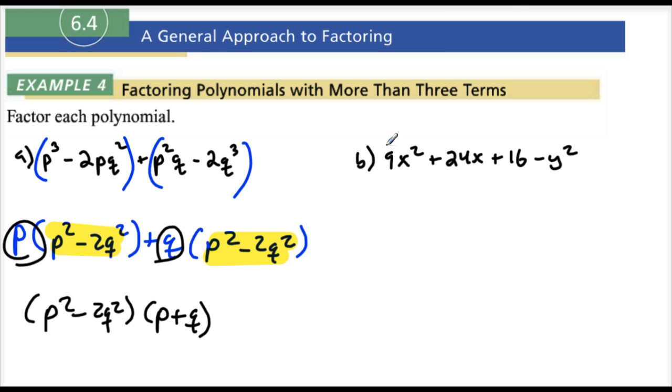Checking out this one right here. Again, we put parentheses around the first 2 terms and the second 2 terms. Factor out the GCF right here. So 9x squared and 24x, it looks like we can factor out a 3x. And that means I would get 3x right here plus 8. And then here I can factor out, let's see here. So it looks like on this one, 16y squared, there's nothing to factor right there. That's interesting. So it looks like this one you won't be able to